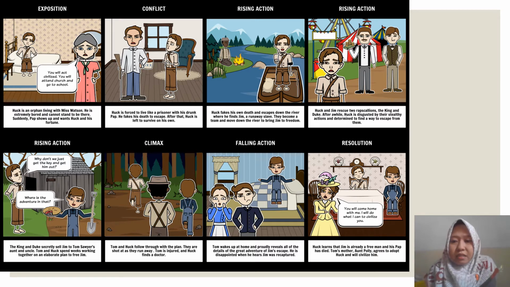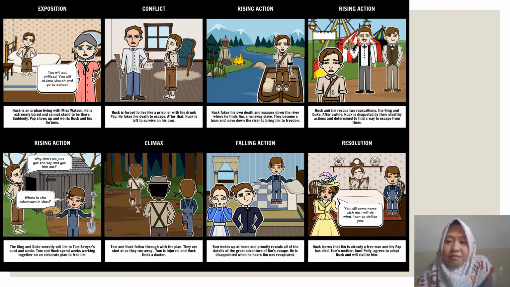However, in the life of being a common person, adopted by Mrs. Watson, Huckleberry Finn feels so bored with the daily activities that he has to do, for example, going to school and learning about the Bible, religion, and the others. He misses such freedom to get an adventure. And then suddenly, one day, the real father of Huckleberry Finn kidnaps him, and Huckleberry Finn feels, oh, this is the freedom that I can get here.